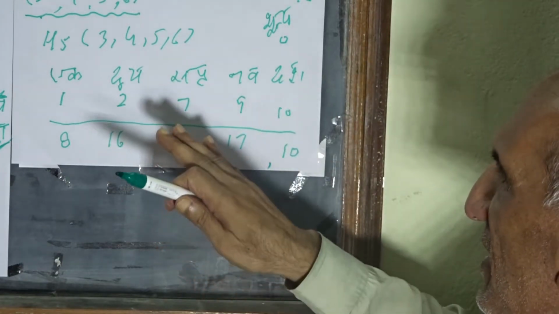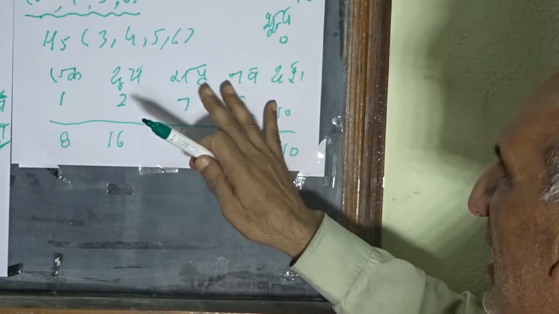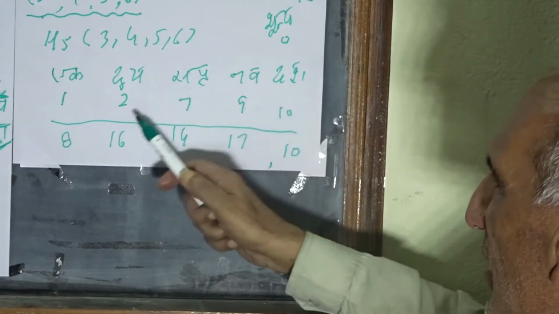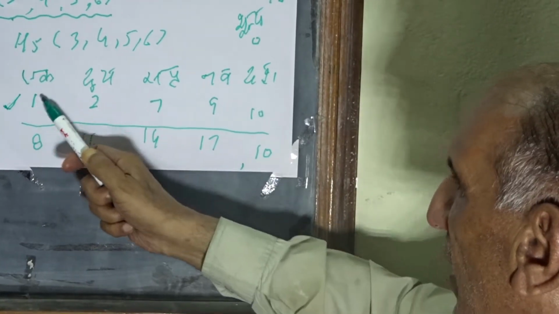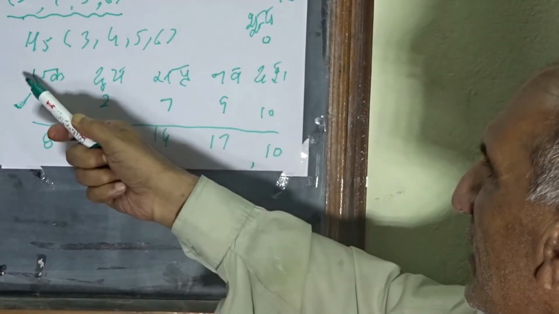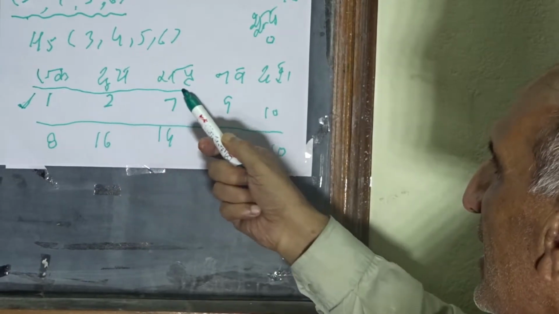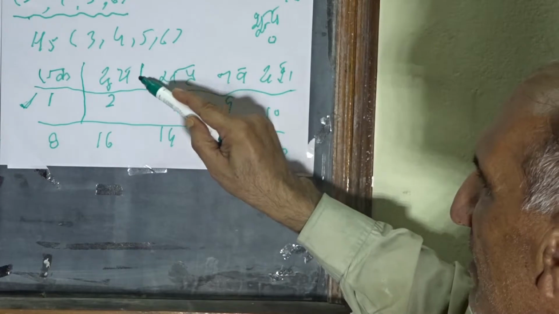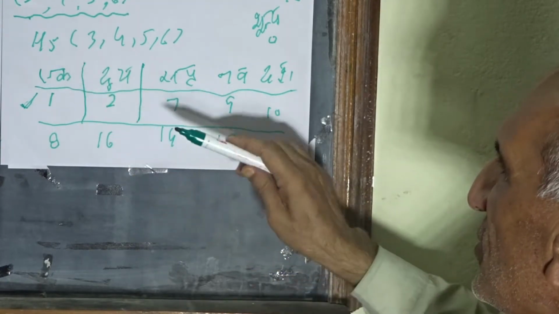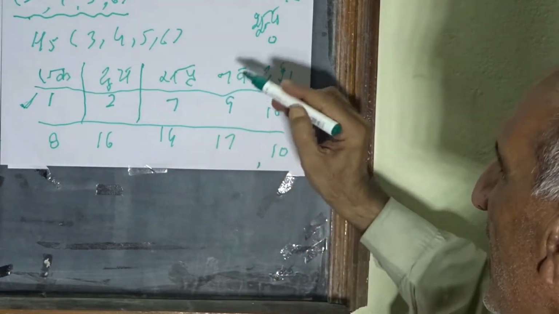Therefore, in the second column, let us mention the formulations. First we should write the values 1, 2, 7, 9 and 10. Then we'll write the relevant formulations, and thereafter let us mention the sutras in which these formulations are appearing,